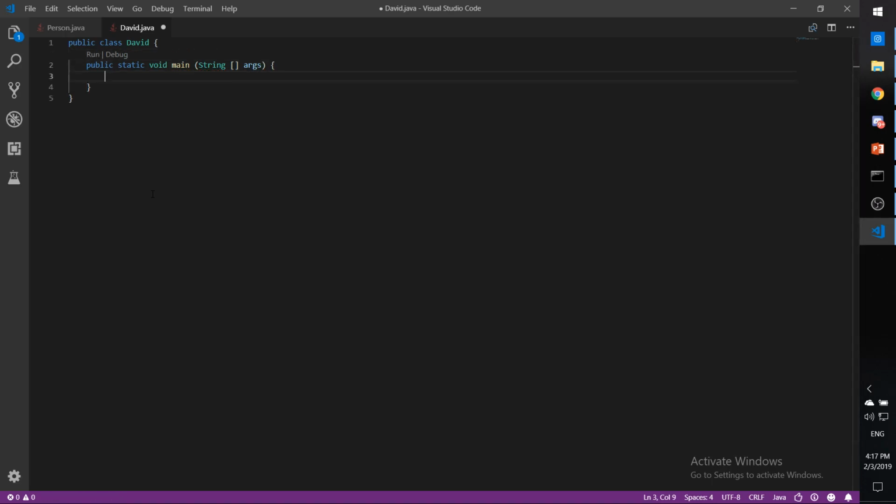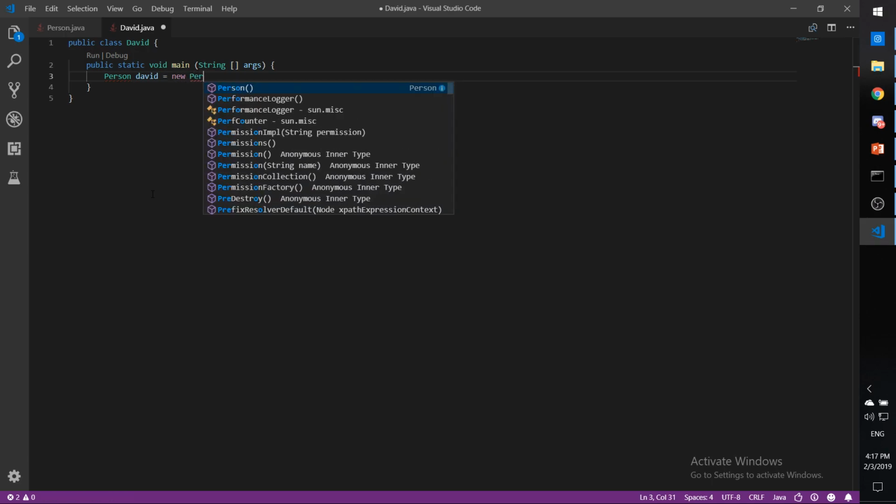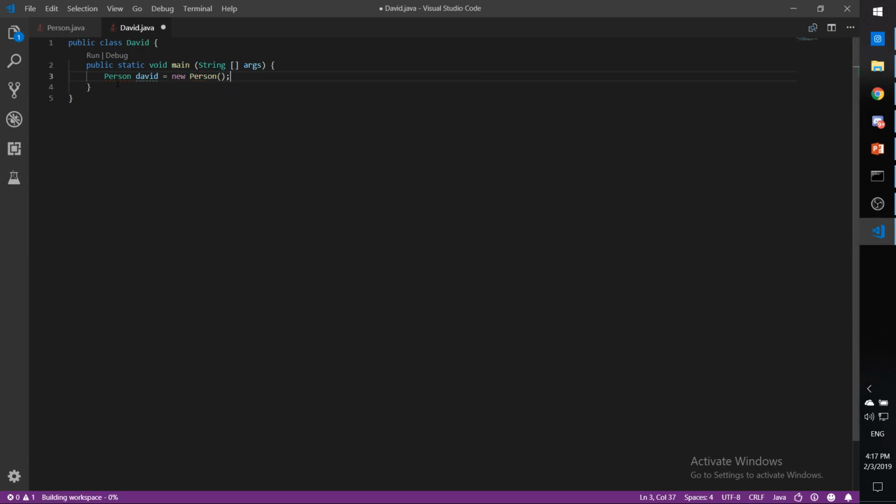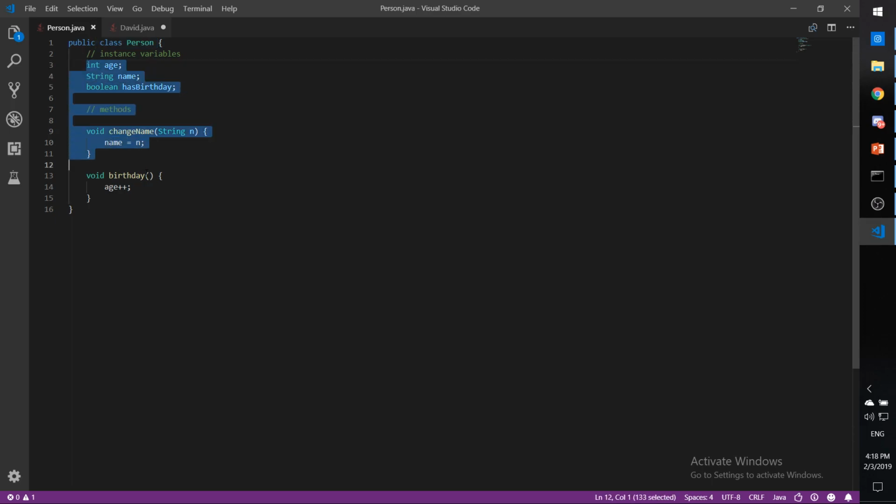So now we need to create the object, which is the person. So we will say Person david = new Person(). As I said, this is the type of the variable, this is the name of the variable, and this means we just create a new object of type Person, and that means we can use all of these things here, all of the methods and all of the data that we've given to it. Alright,